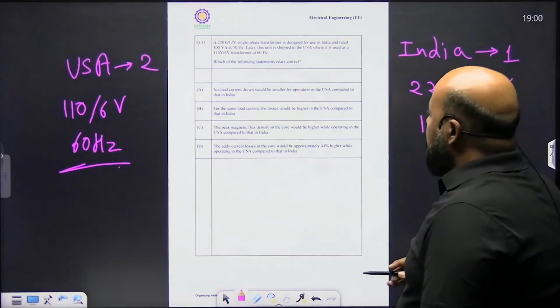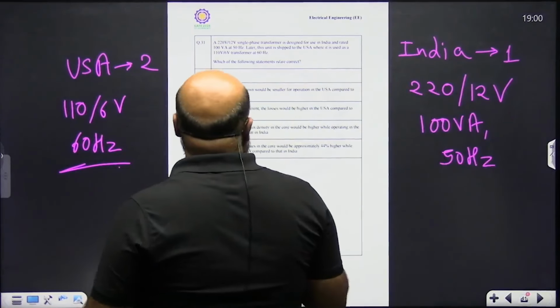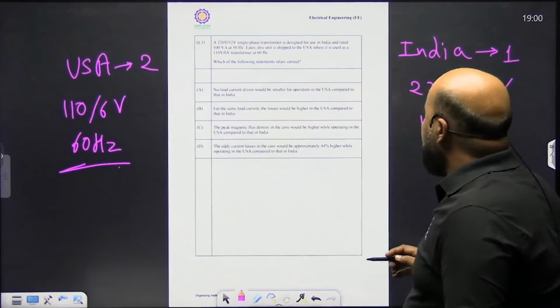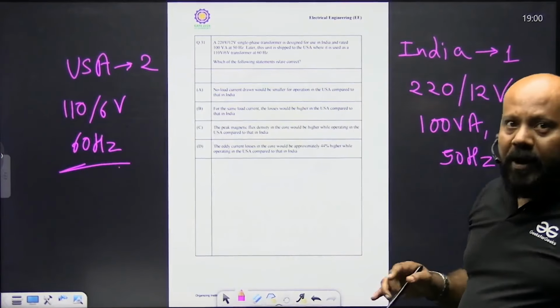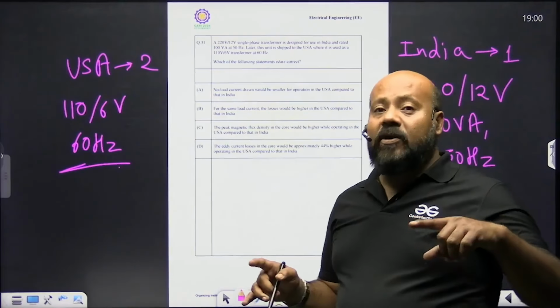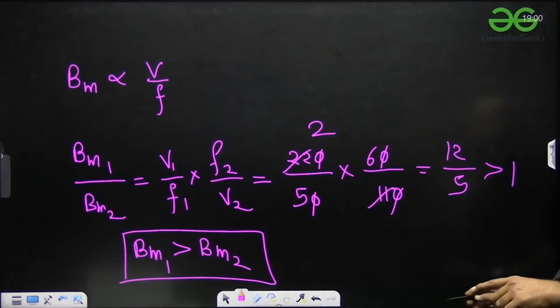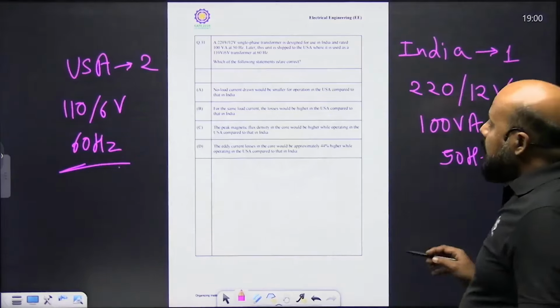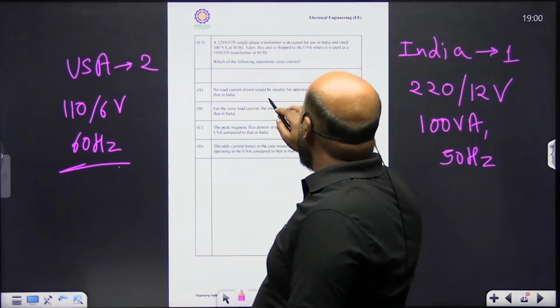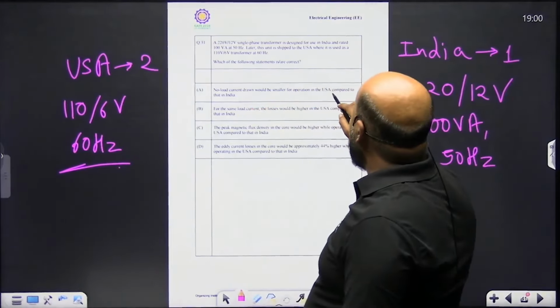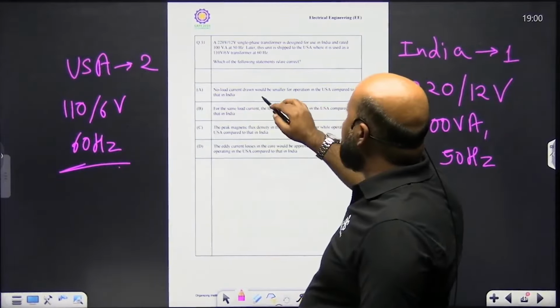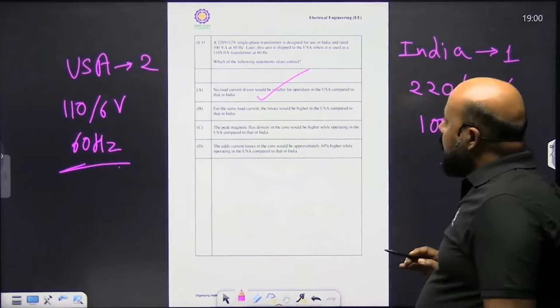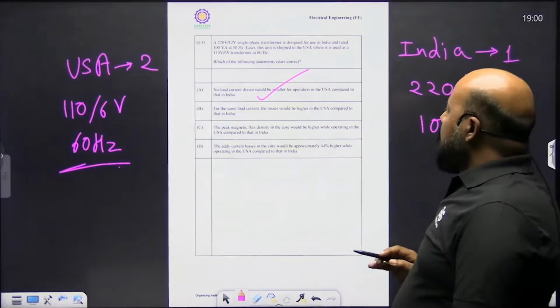ठीक है। तो एक चीज तो समझ में आ गई कि जो नो लोड करंट ड्रॉ करी जाएगी वो यूएसए में कम होगी और इंडिया में ज्यादा होगी, क्योंकि इंडिया में फ्लक्स डेंसिटी ज्यादा है, तो इंडिया में नो लोड करंट ज्यादा ड्रॉ करेगा। नो लोड करंट ड्रॉन वुड बी स्मॉलर फॉर ऑपरेशन इन यूएसए एज कंपेयर टू इंडिया, तो ए तो सही है, ठीक है। फिर ये बात कर